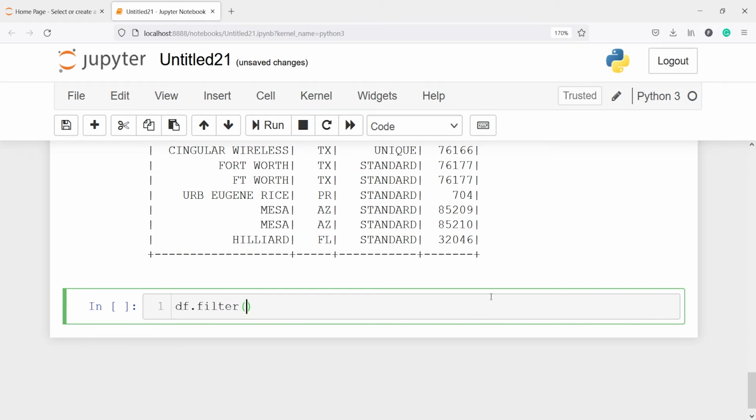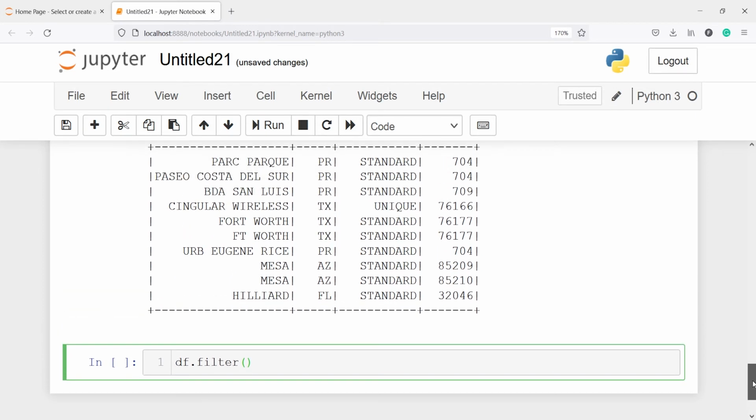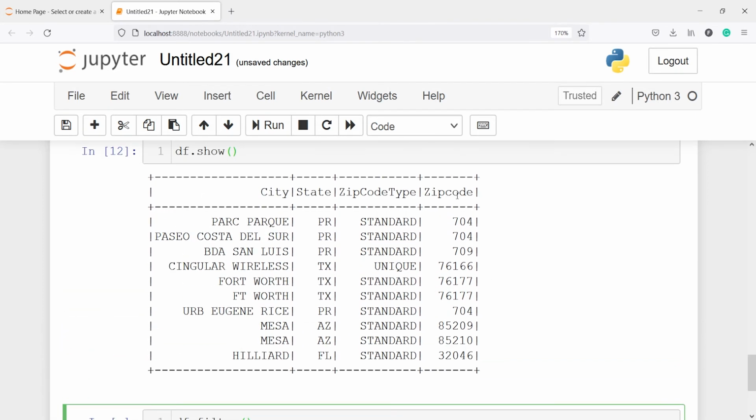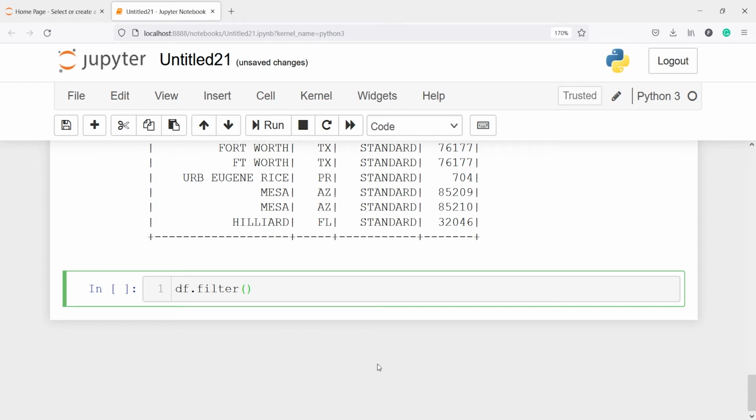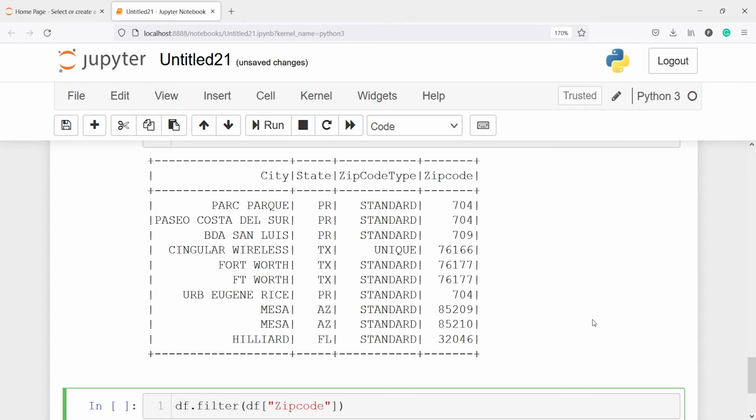df.filter, and now I want to filter this data frame based on the column zip code. So I will write df and I will make a list here. Inside this I will write zip code, and I want to see all the rows whose zip codes are greater than 704.